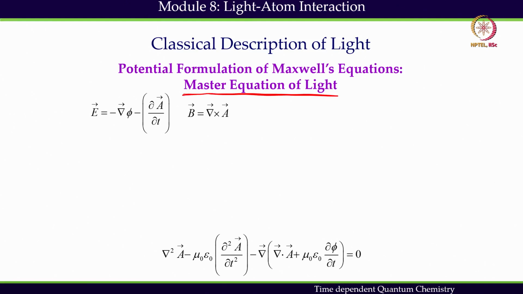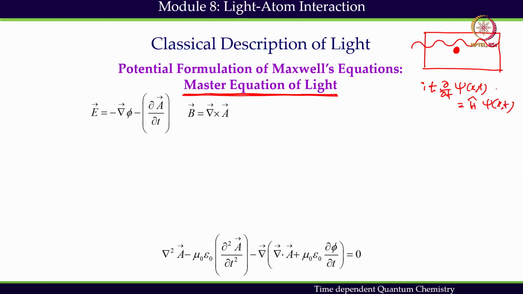How I am going to represent light in terms of potential, that is the representation we want, because it is all about light atom interaction. So, I have an atom sitting here in vacuum, and light is propagating through the medium. I know how to represent this atom. The atom will be represented quantum mechanically, that is the Schrodinger equation: i h cut del del t psi x t equals H psi x t. So, I have a clear idea now how to represent this atom, but then the question is how do I represent this